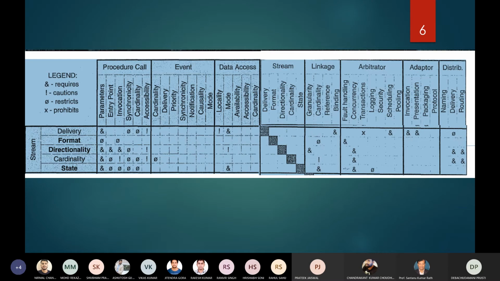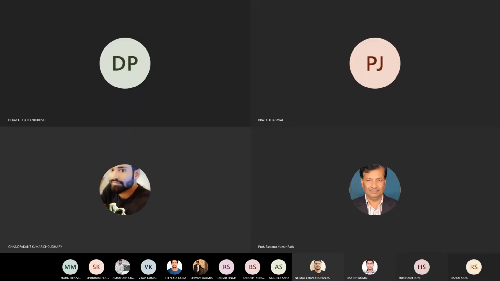Sir, is it clearly visible? No, it's not. I don't know, sir. Why is it not clearly visible? Because you pasted this once you had selected it. After selecting it, you just cropped and pasted here, and made it zoom in.